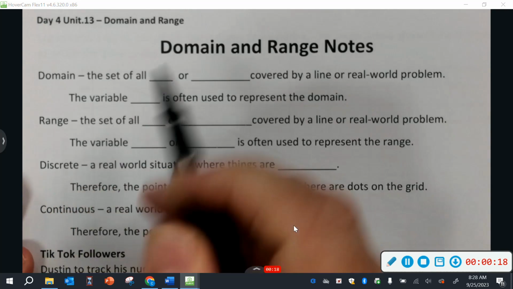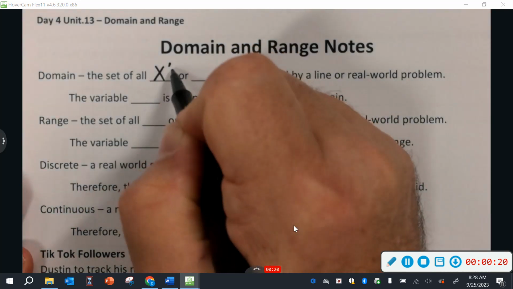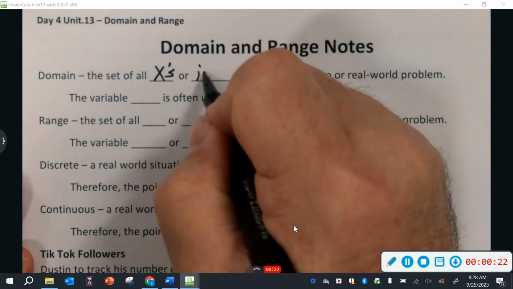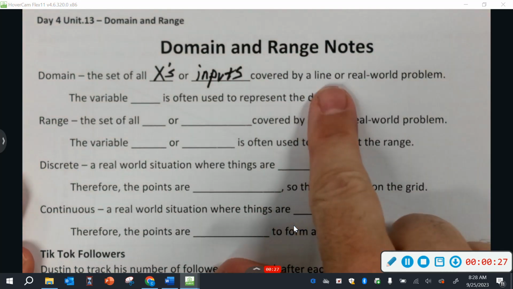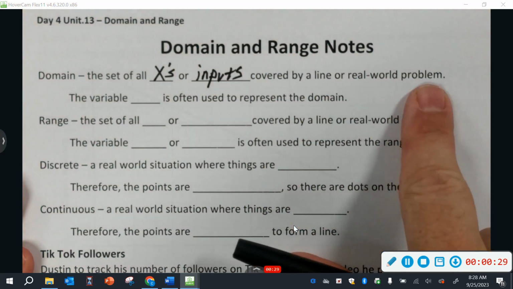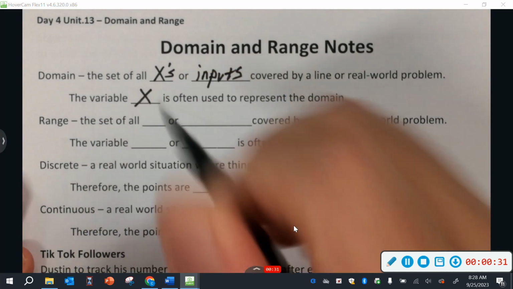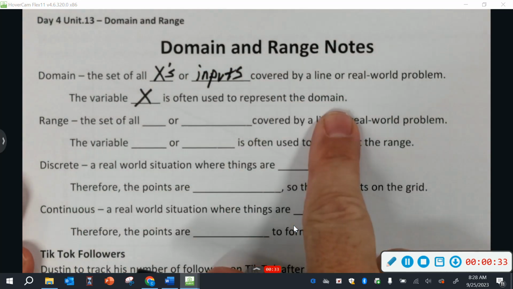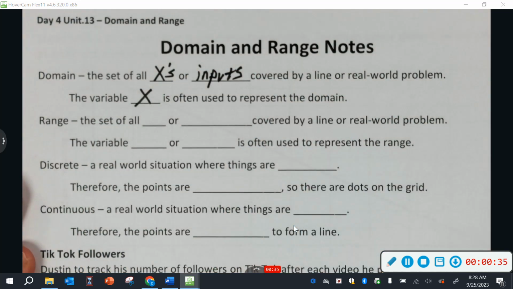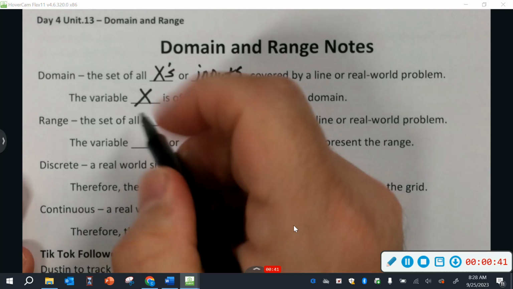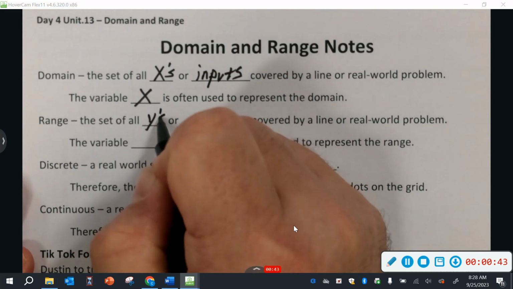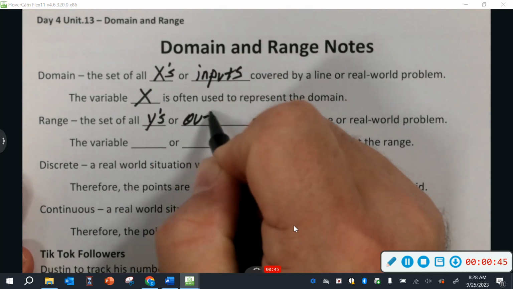So domain is the set of all x's or inputs covered by a line or real-world problem. The variable x is often used to represent the domain, and we'll talk about the domain more in the following problems below. Alright, so range is the set of all y's or outputs